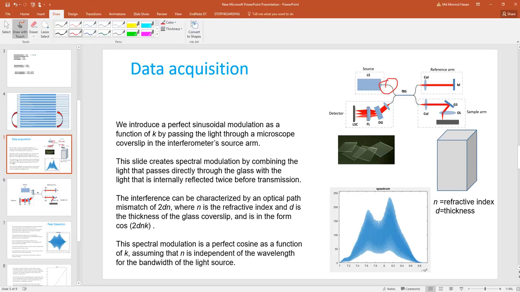If we put the cover slip at the source arm, then what will happen is that, say we are sending light in this direction, right? Some of the light will directly pass, but another portion of the light will hit here and reflect back here and then pass again. So these two lights will make an interference pattern,